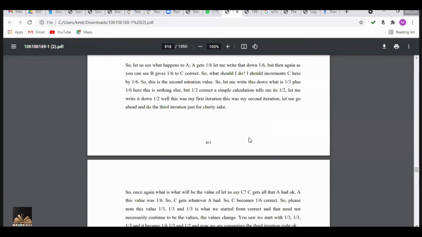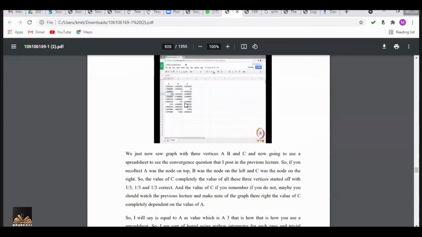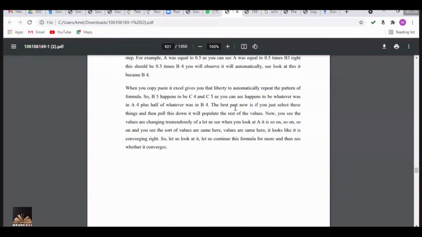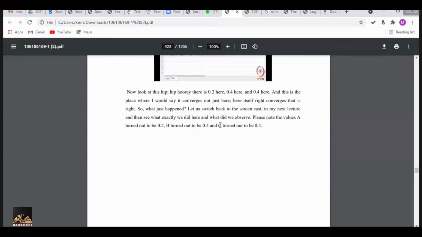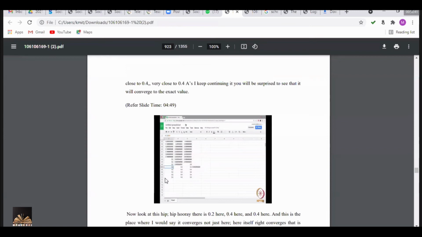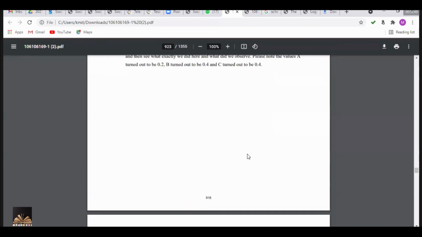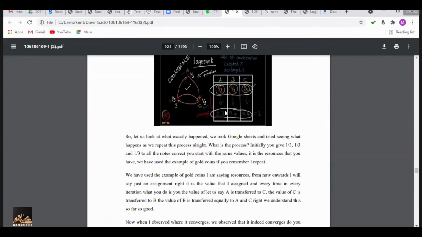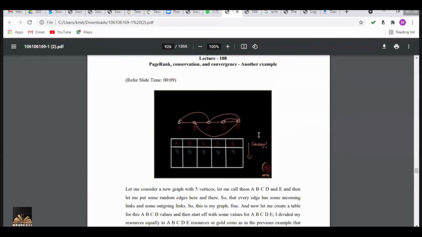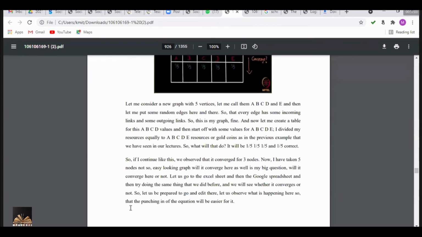So that way you apply the convergence. How to apply it is, first you paste those values in the Excel sheet, and if you drag them up to some point, the values will be fixed and will not change, like after 100 iterations or some number of iterations. That means they converge, right? There you stop the iteration and you take these values as the page rank values. And remember, if you add all of them, you have to get one only, right? So that is about the page rank.